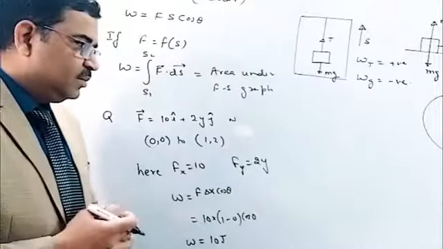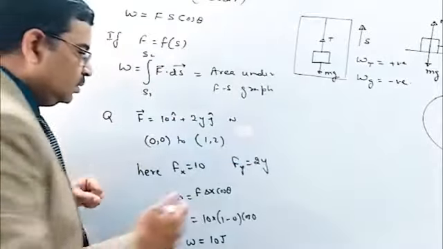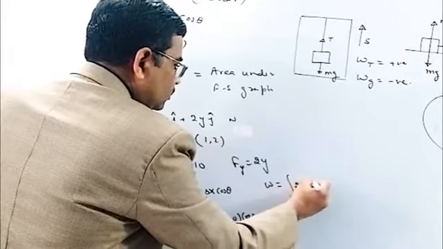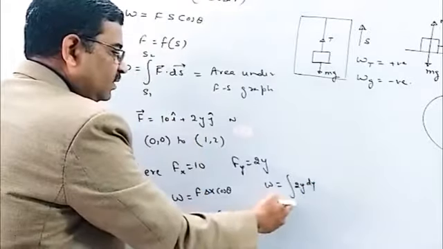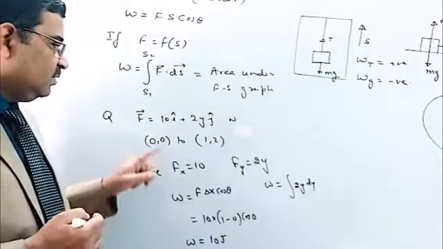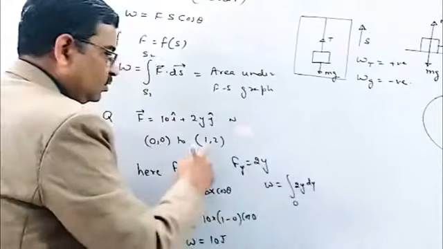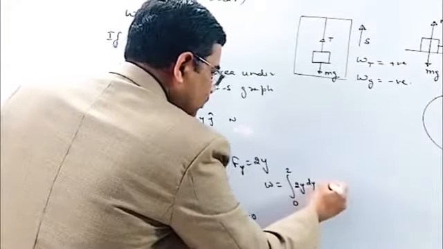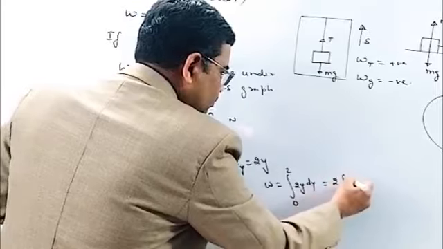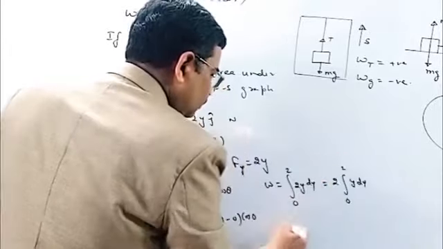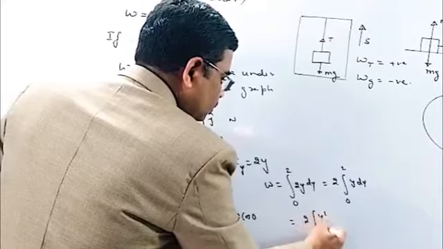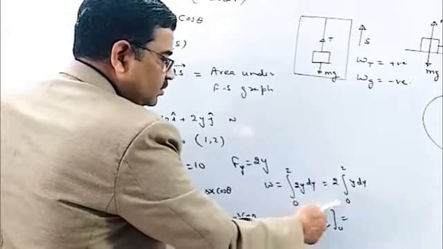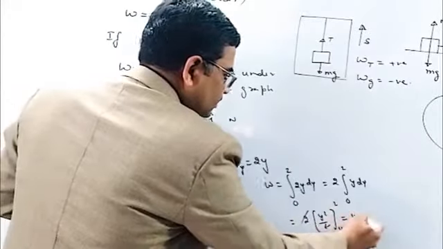And now the work done by the y component. Here I have to use integration. So this work will be integration of the force, which is 2y into dy from initial y coordinate to final y coordinate. What is initial y coordinate? 0. What is final y coordinate? 2. And now if you integrate this, you get 2 should be taken out of integration, so it is y dy from 0 to 2, and that becomes 2 y square by 2 from 0 to 2, and this 2 is cancelled. Now in place of y substitute 2, so it becomes 2 square 4 minus 0, so it becomes 4